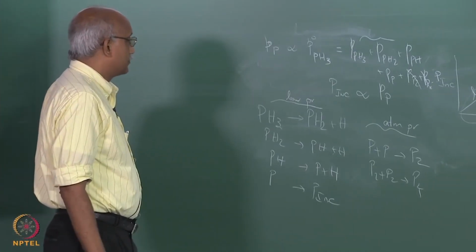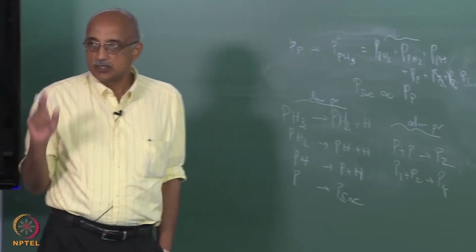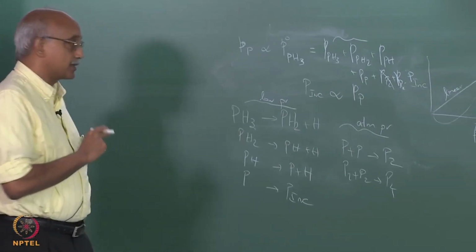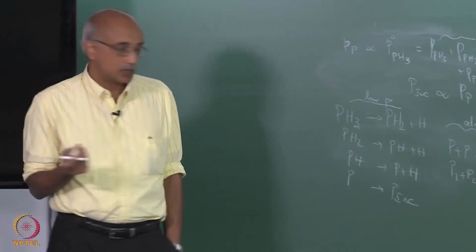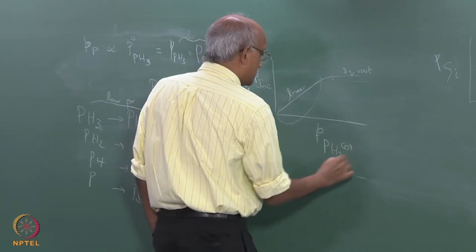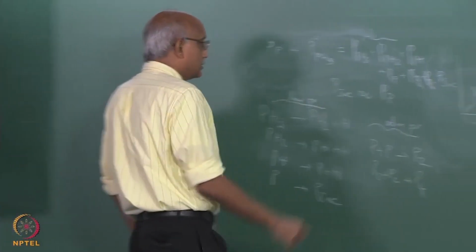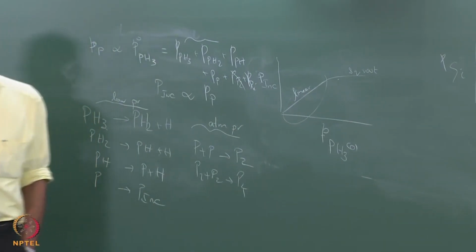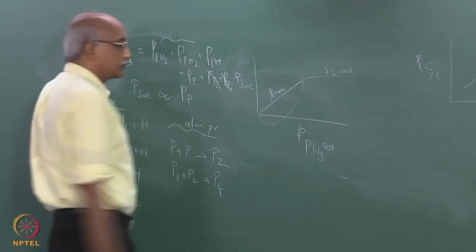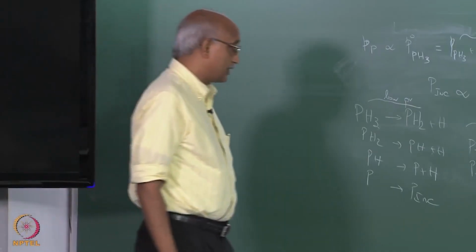So, basically then in this particular case, there is a linear relationship between the feed concentration of PH3 and the partial pressure of phosphorus near the substrate, and that is why if you plot this initial concentration of phosphine in the system against the incorporated amount of phosphorus into the CVD film, you get a linear behavior. But as you keep increasing the pressure, you start forming these dimers, and when that happens,